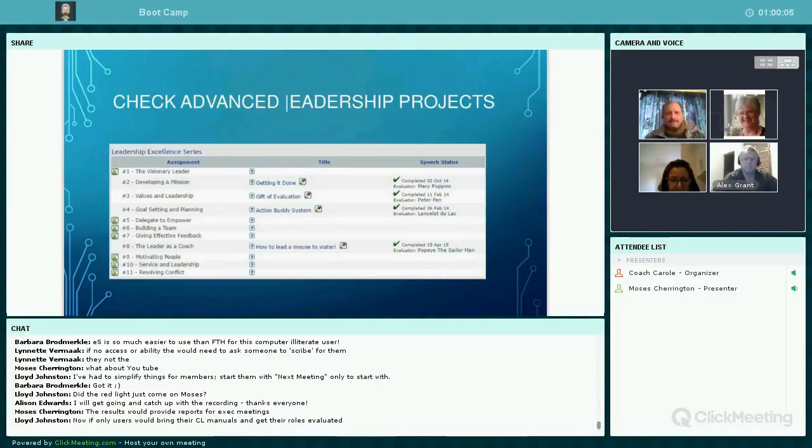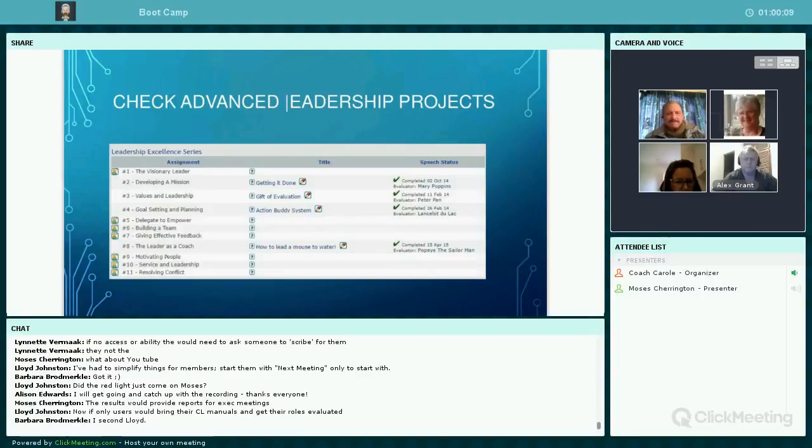And I'm looking at Lloyd's comment there, Moses, and I think that is so true. If only we could persuade all of our members to please bring their CL manuals to the meetings, I would be delighted. Having EasySpeak, though, means that you can look behind the scenes and see for yourself, especially if you are one of the execs who uses the EasySpeak site.